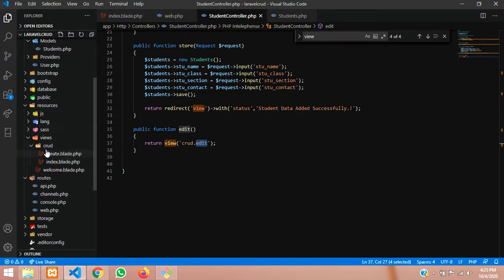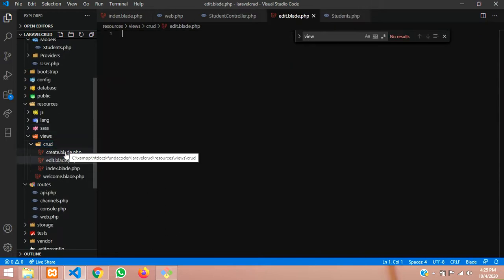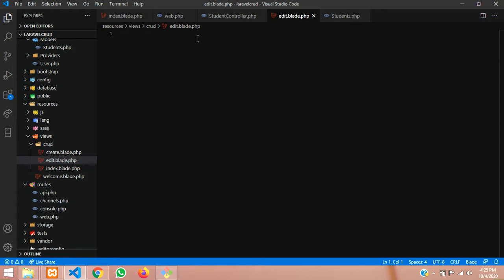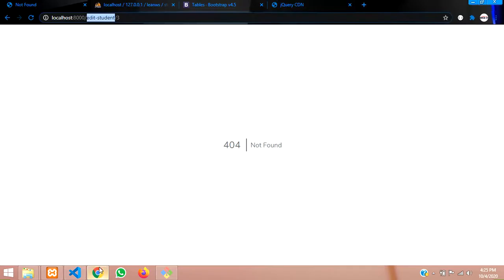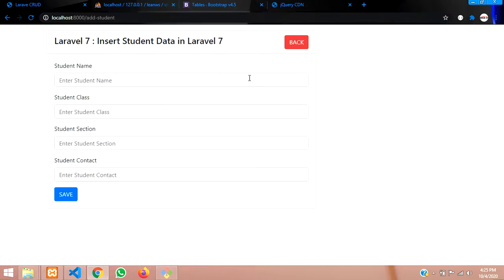So let's go to resource views. Inside the CRUD folder I am going to create a new file called edit.blade.php, right? So now we have created this as simple. And now guys, the same form which we are using for add, as we can see over here, like click on add, so you can find this form, right? I want to use the same file for editing also, because we need only the data to come over here when we edit the data.